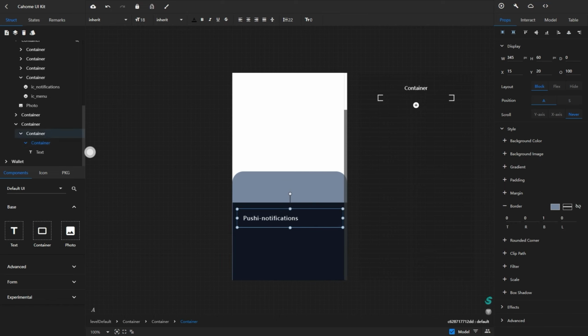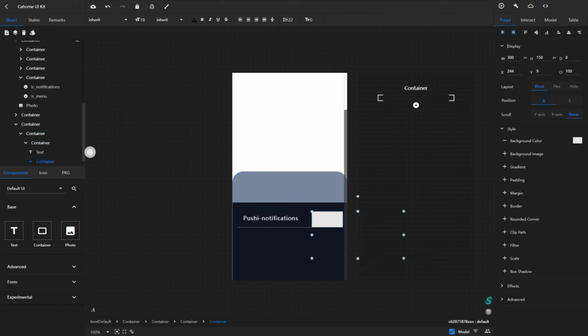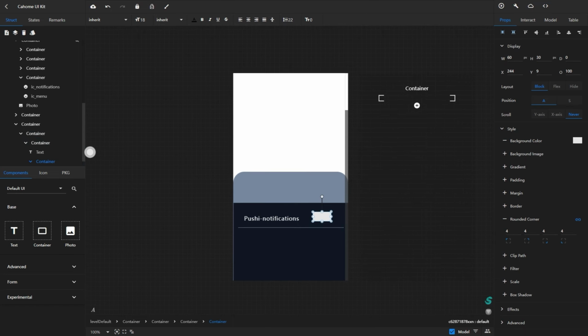Then we add a container. Modify the size of the container. Add rounded corners.